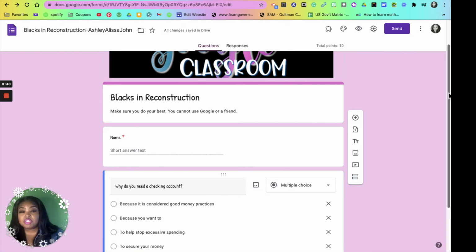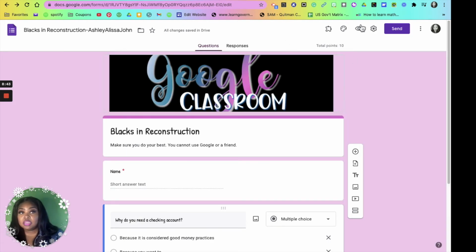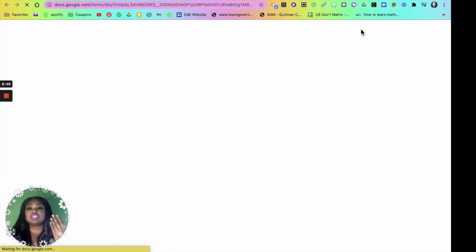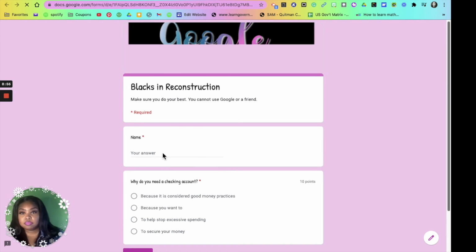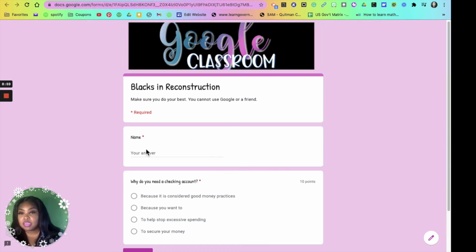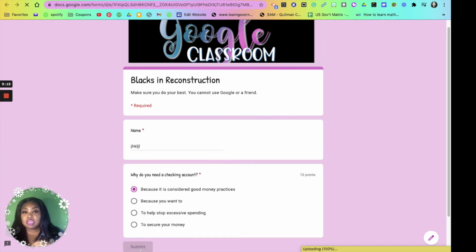And so once you've got all of your stuff done, you can do a preview with this little eye here. And then you'll see it as students will see it. So students will see name, so they will type their name here, and you see that little red asterisk means it's required, and you want to see that by each of your questions. Again, remember you have to have a reflection question. So then you would type your name, and I suggest you take your quiz and see what it says, and then you can hit submit,